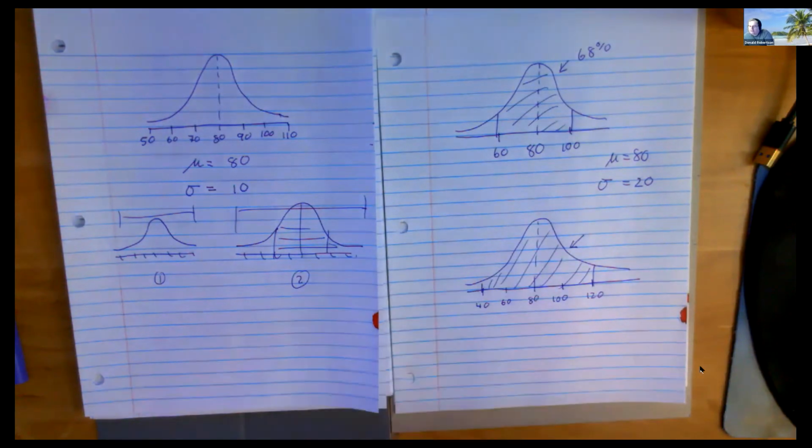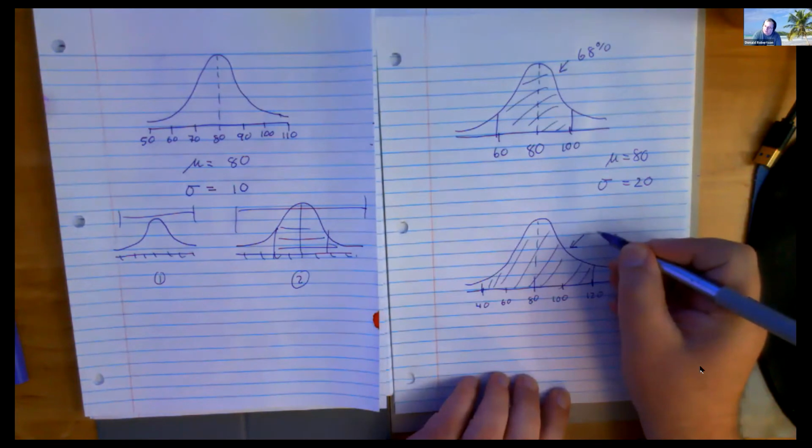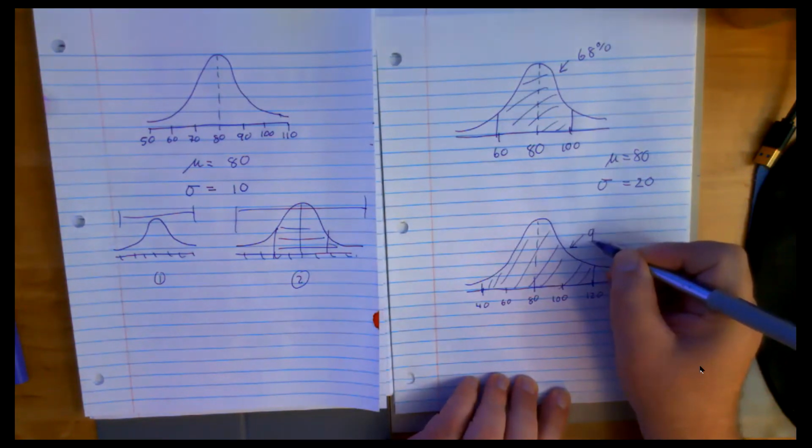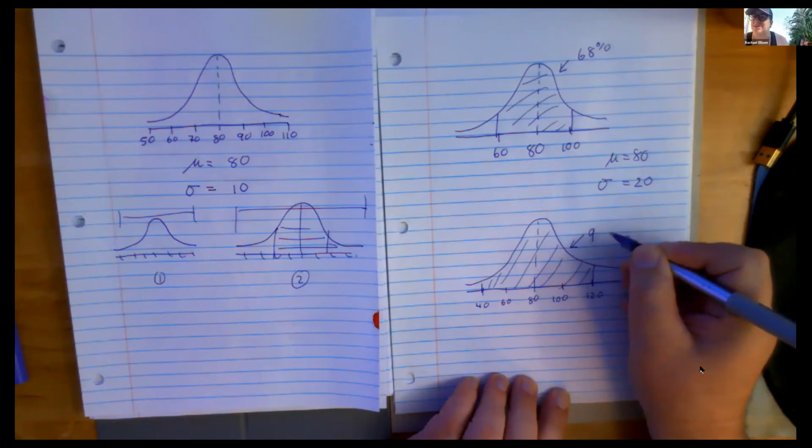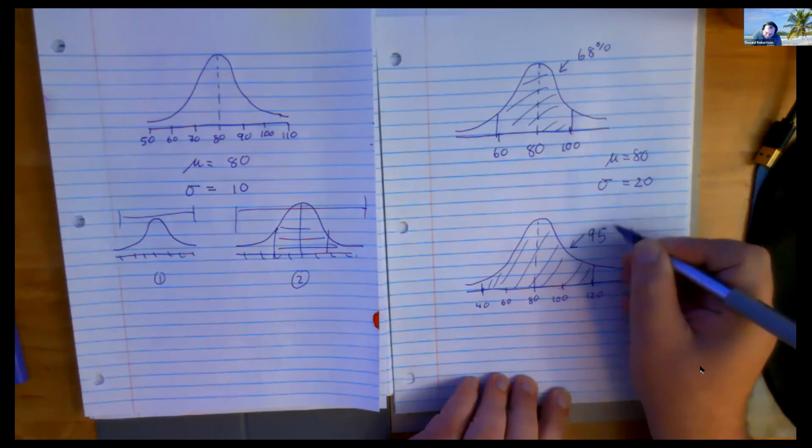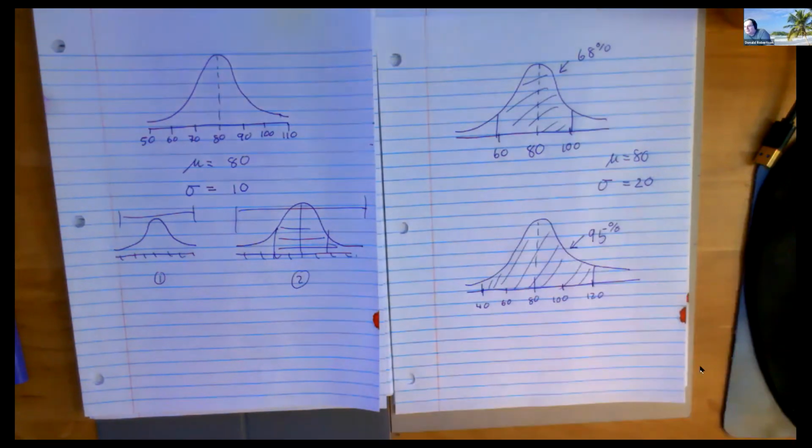2 standard deviations is typically a fixed number for every distribution in the world. 2 standard deviations away from the mean. Anybody know what it is when I write it down? 98%? Pretty close. Is it 99.7%? Oh, you are bouncing either side. 95. Okay. So 95% would be in that range, okay?